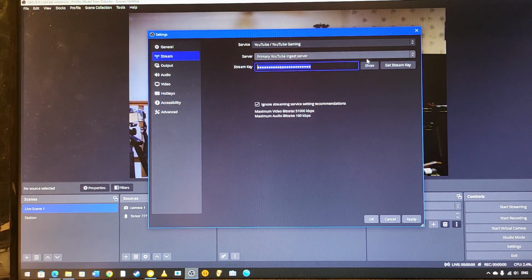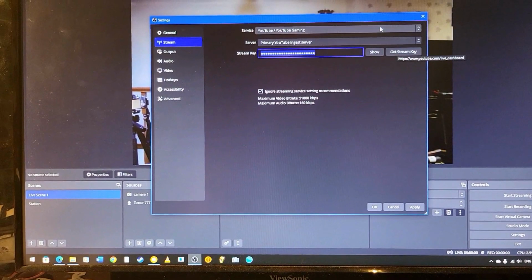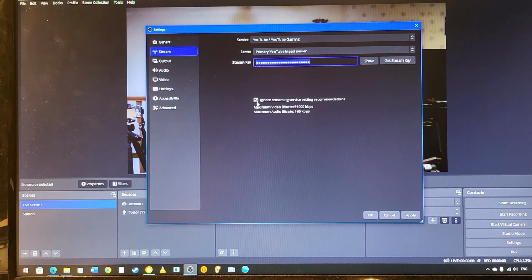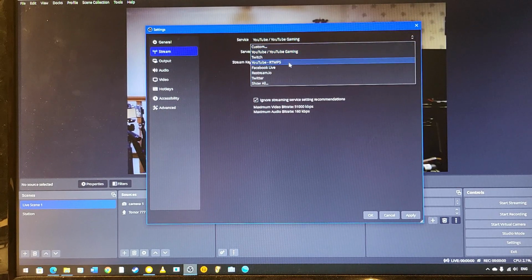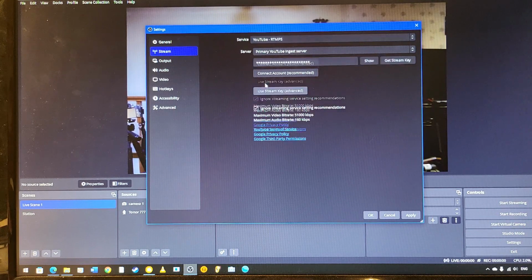What you have to do is go over here where it says get stream key. You've got to do that. And also, one more time, please make sure you click ignore here. If I go to that other YouTube, the primary YouTube ingest server, there's that connect account recommended. Use stream key advanced. In either case, when I click on it, notice how it immediately takes me back to